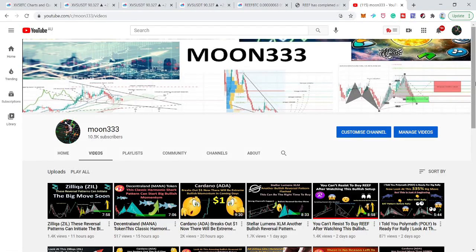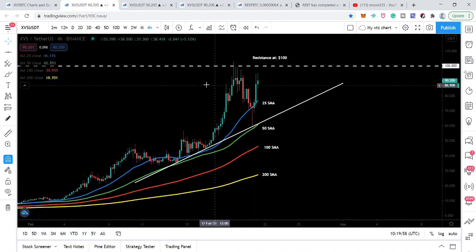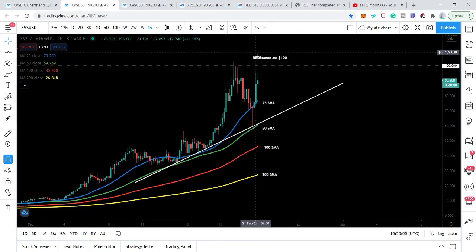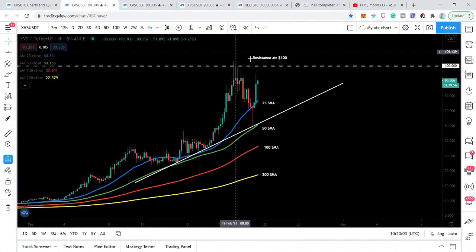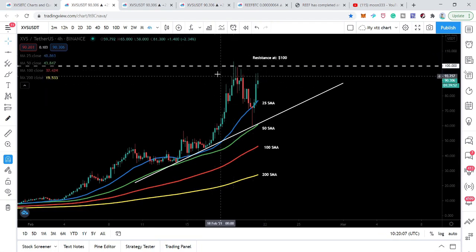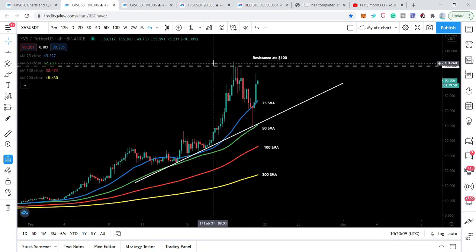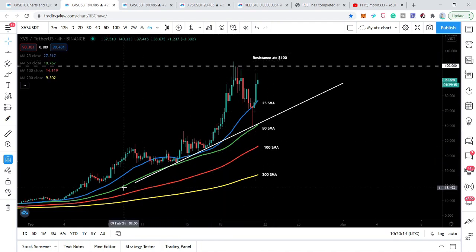Today I'm going to share my price analysis on Venus token with you. We can see that in the first week of January, the price line of Venus was at approximately $3, and now it has spiked even beyond $100. So this token has surged more than 3,000%, and it has found a very strong resistance at $100. This is the small time period 4-hour chart, and here we can see that it has